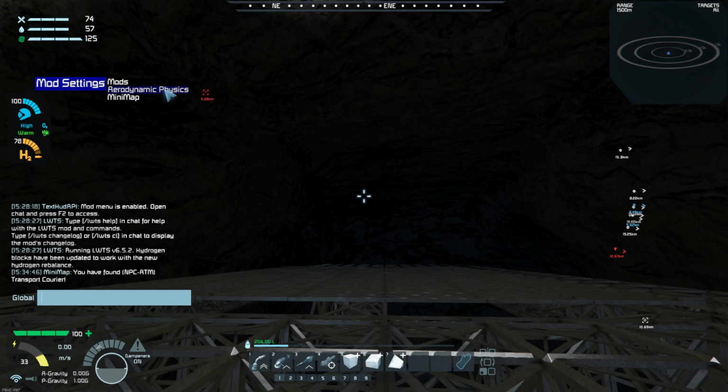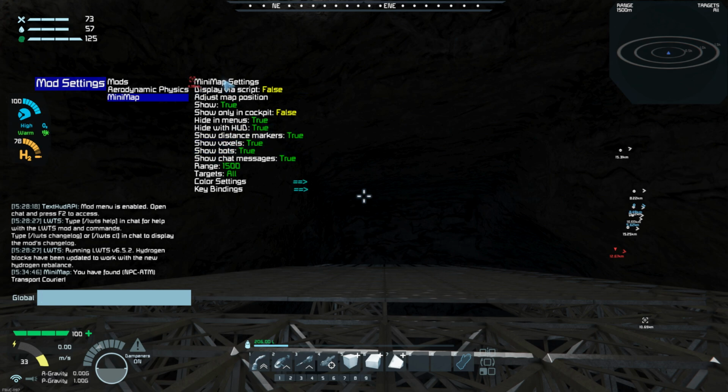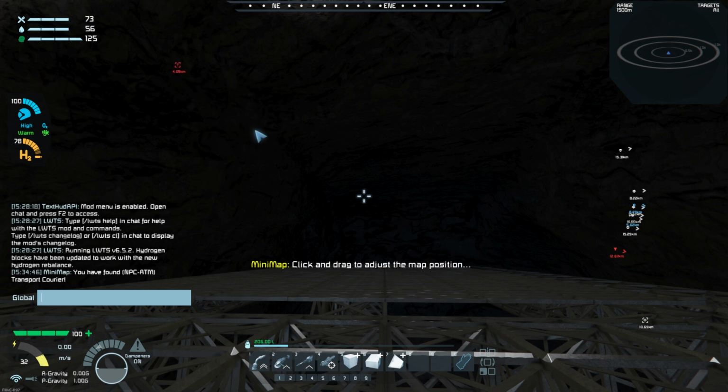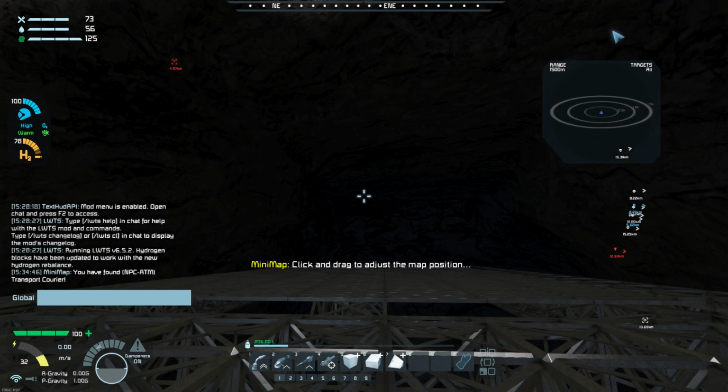I actually have the aerodynamics physics mod in, so you'd be able to reposition the warnings and the heat sensors and things like that. But for the Minimap mod, this will bring you into the settings, and what you're going to look for is the adjust map position setting. You're going to give that a single left click, and then that will unlock